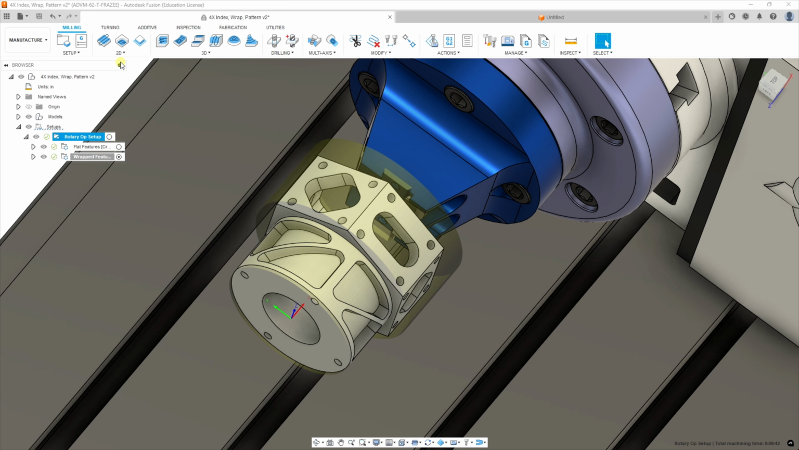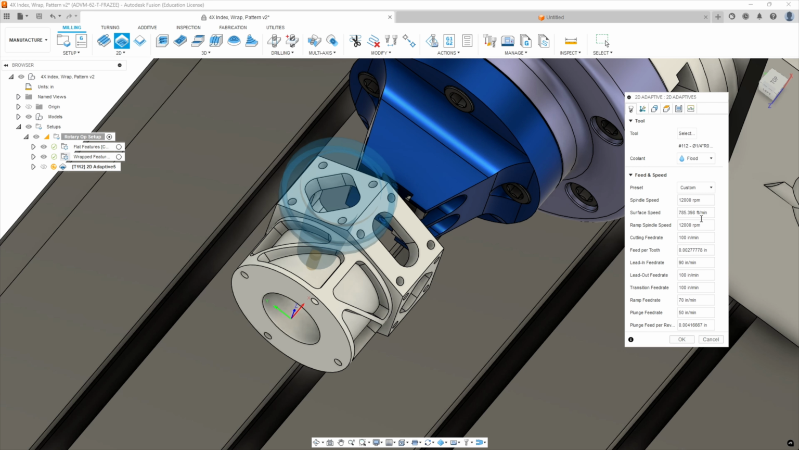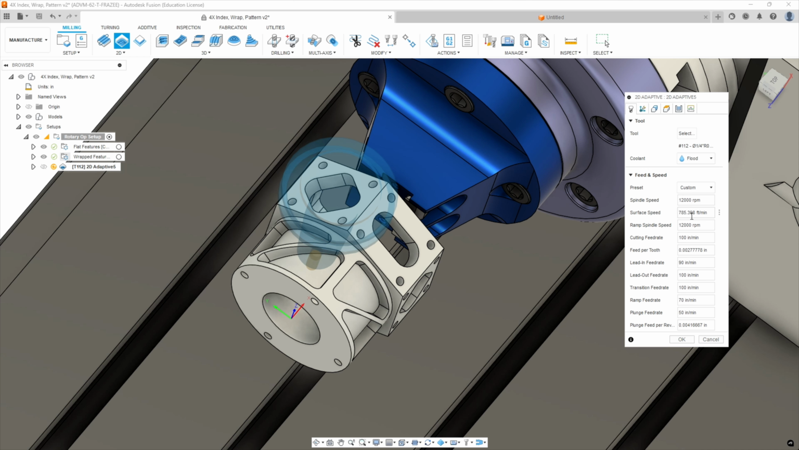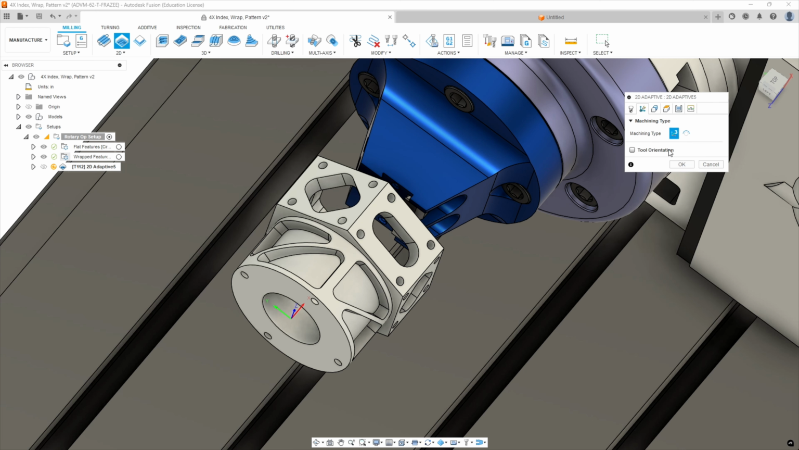adaptive clearing. Wow, 12,000 RPM, they got a fast spindle. Anyway, it's using an existing 1/4 inch tool. For the purposes of this demo, we're just going to leave it alone. We don't have 12,000 RPM. Our machine will only run up to 8,100, but that isn't relevant. So the main thing we're doing is we're going to this multi-axis tab,